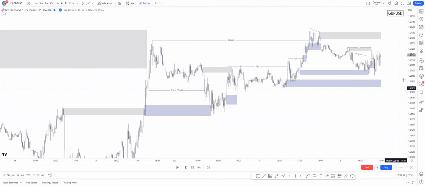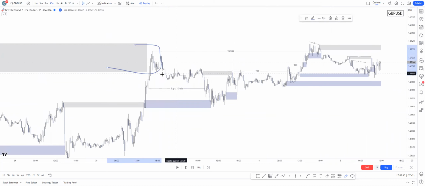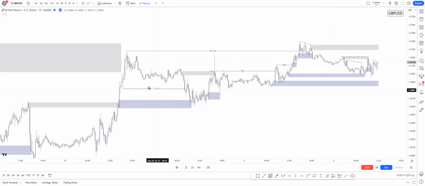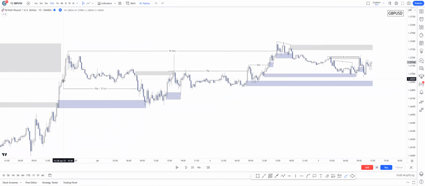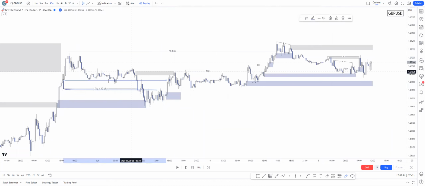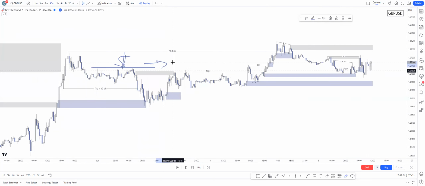On the 15-minute time frame, there was the first supply zone mitigation. 15-minute has changed character here to the downside. There was a weak area which had some inefficiency. This has been flipped by this supply area, and this supply area has held the price, as you can see, which has swept an insane amount of liquidity from this region with this wick yesterday. Yes, no, actually it happened on Monday.